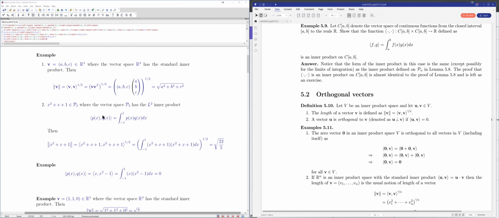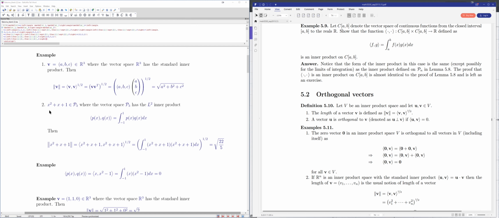Let's see a next example of this, probably a little less standard. I have a vector space which is polynomials of degree at most 3. I have this polynomial in it, and I have the L2 inner product defined on this vector space. How I get the inner product of the polynomials is I multiply them together and integrate between -1 and 1. So the length of this vector over here, which is a polynomial because the vector space is polynomials,